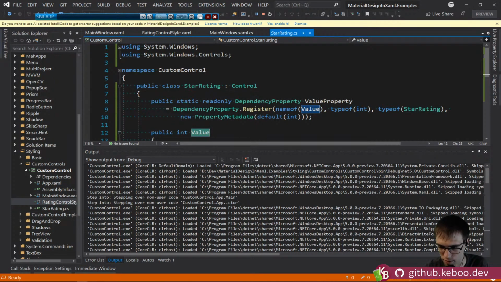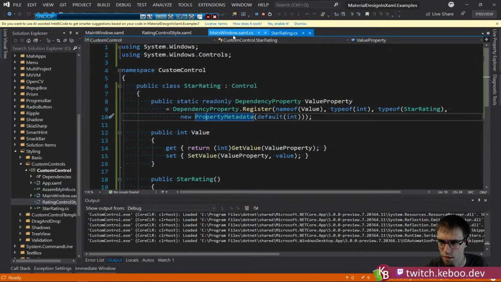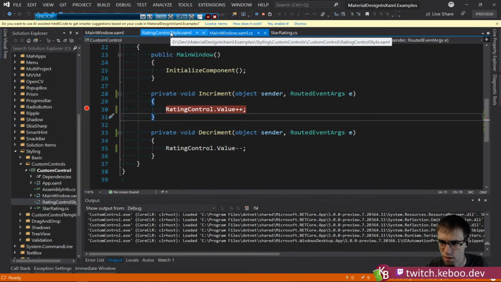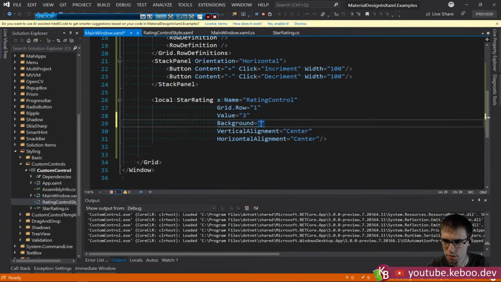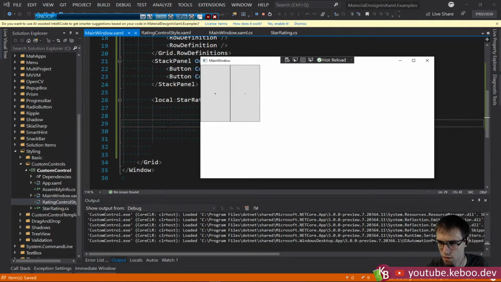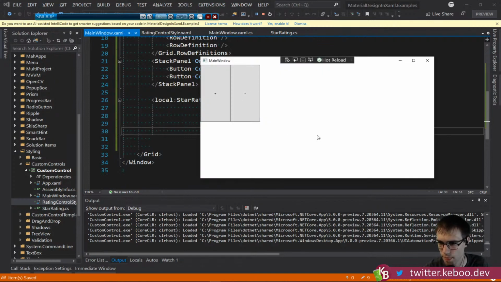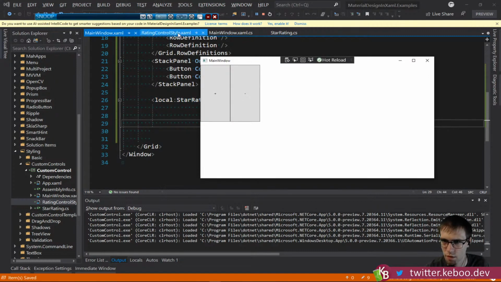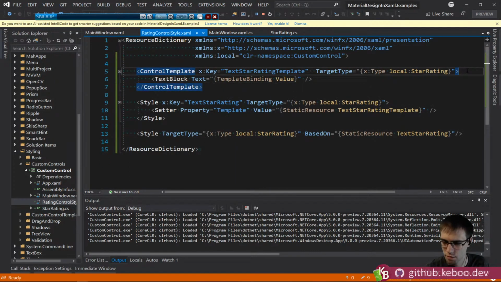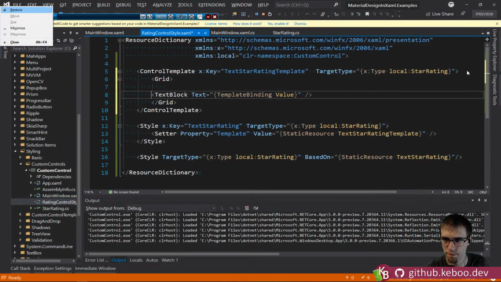The only thing I can come up with at the moment is that it's for some reason unhappy about the value of it. Let's just hypothetically try something. So background blue, all right, and that should, let's see, horizontal alignment. I kind of want it to just stretch. So I don't see that. Let's go here, wrap this guy in a grid, move you up. Oh, I don't have